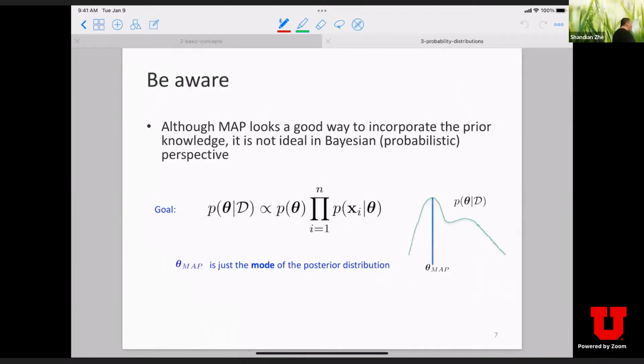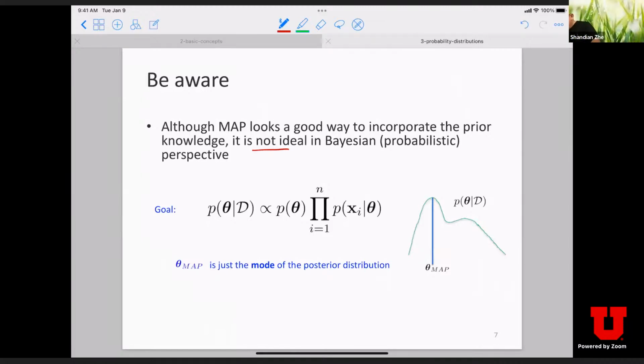However, although MLE or MAP is frequently used, and people are trying to build a connection between Bayesian and non-Bayesian approaches through MLE and MAP, this is not what a true Bayesian would like. It's not ideal from the Bayesian, probabilistic perspective, because in the Bayesian world we want not only a point estimation, we want a distribution. A distribution includes not only one point, but all possible points and their distribution, their uncertainty information. This is something we want.